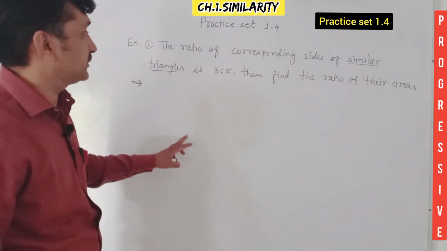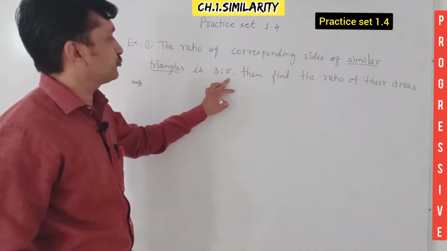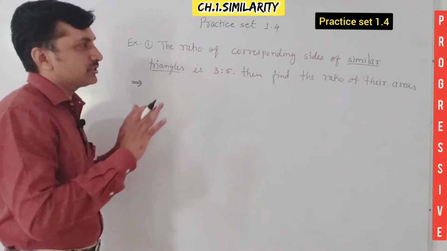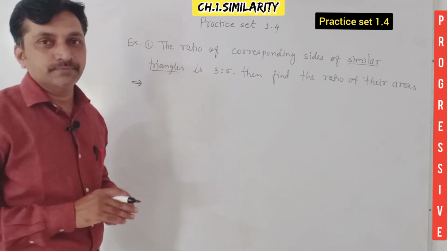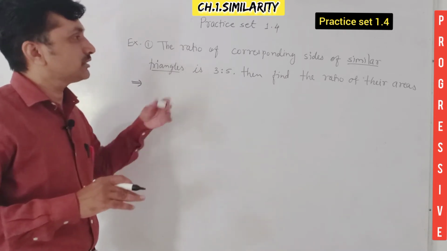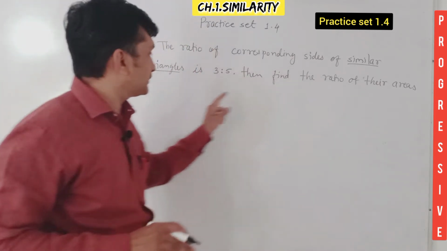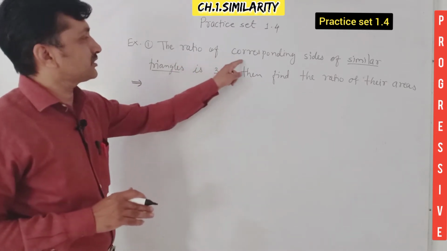These two triangles are similar and the ratio of corresponding sides is given here, 3:5. Then find the ratio of their areas. Names are not given, therefore we can use the general formula or we can consider names. Now we want the ratio of their areas, so let A1 and A2 be their areas. We have to use the ratio of their corresponding sides,